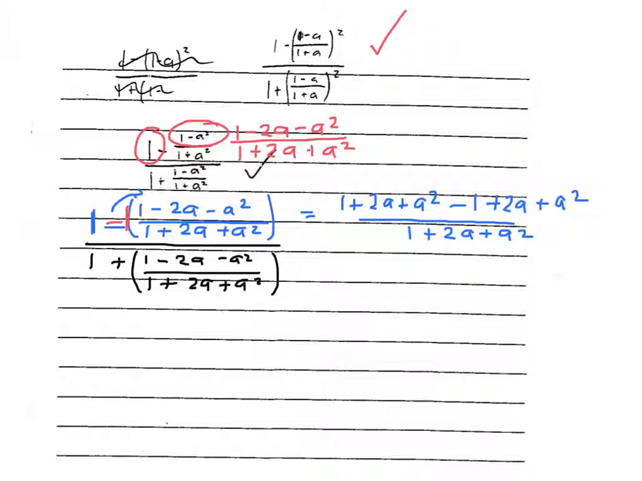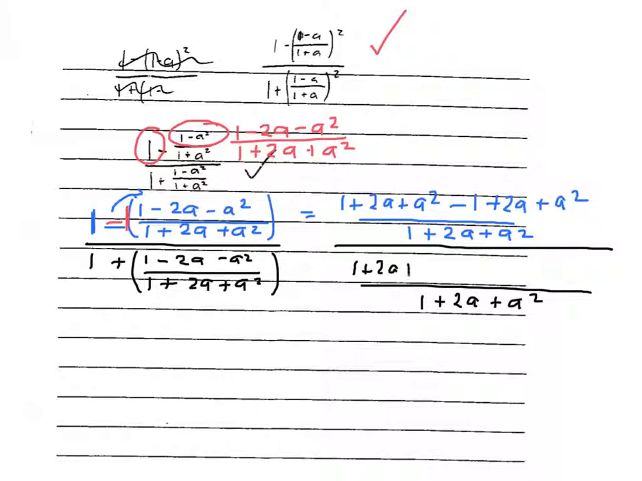And then on the bottom, I'm going to make my denominator 1 plus 2a plus a squared. And so my 1 is going to be 1 plus 2a plus a squared. And then what's in the bracket? Plus 1 minus 2a minus a squared. So tidying these up, I have